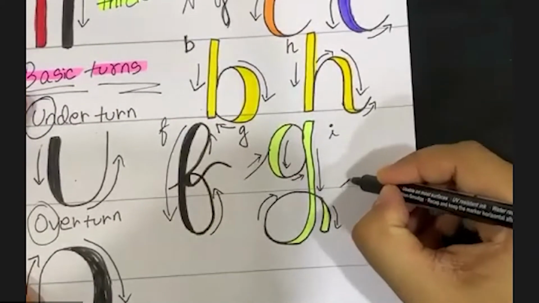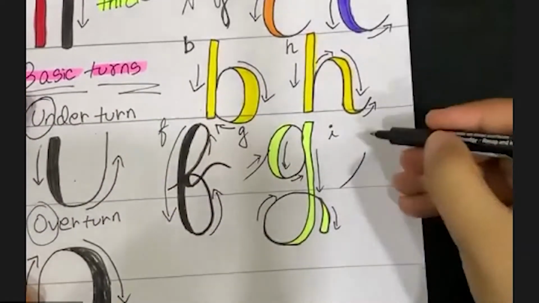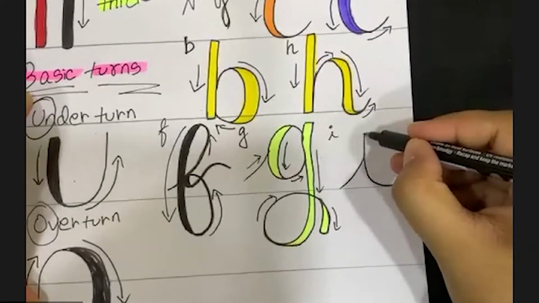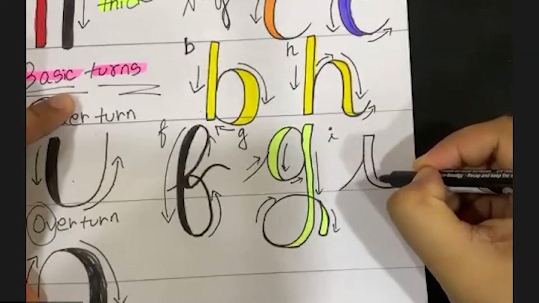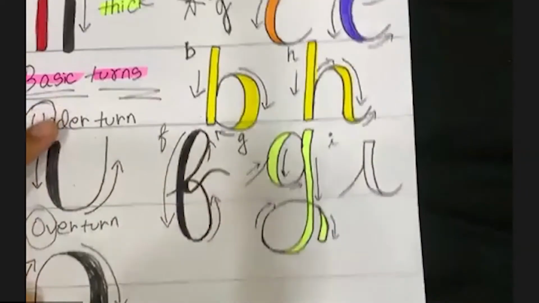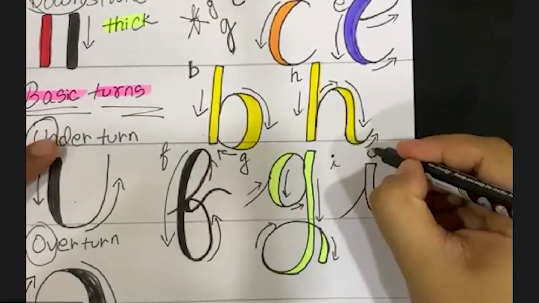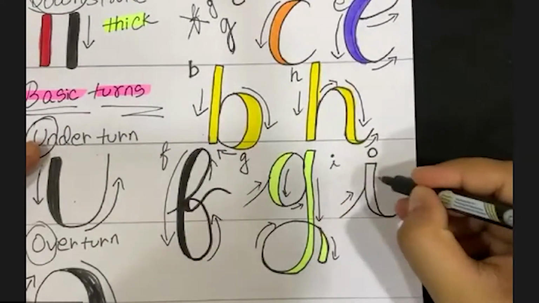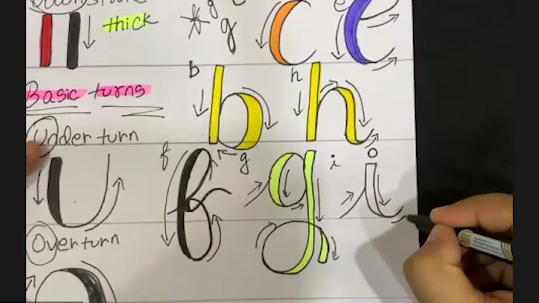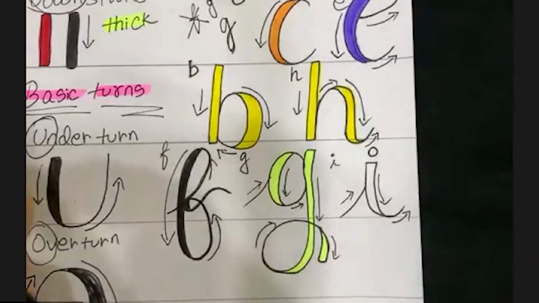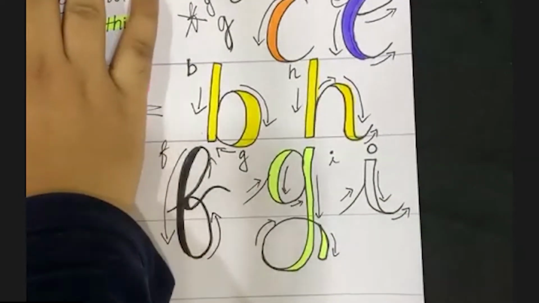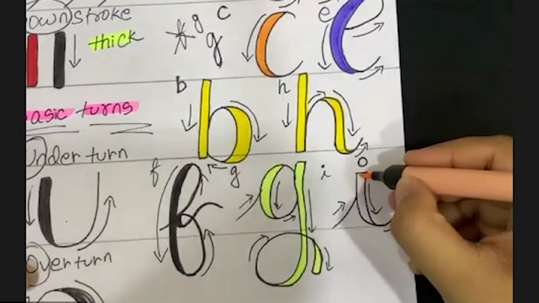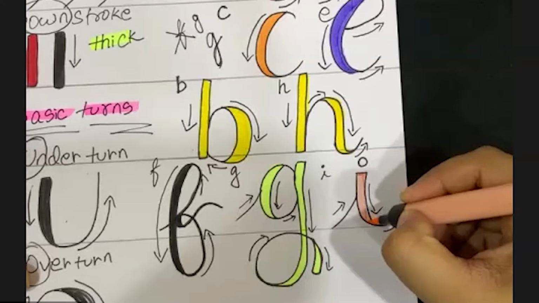Look, I have to go on with my upper stroke, and again the second curve is my downstroke, so it has to be thick. And just putting a circle over here. Yes, thin upper stroke, thick downstroke, and then thin upper stroke. My letter I again is so simple. And I'm filling color in this.